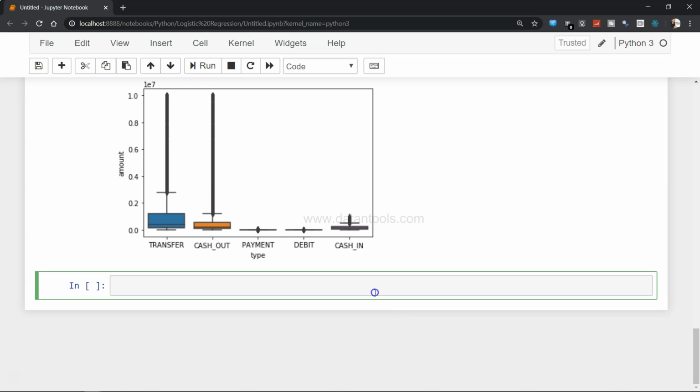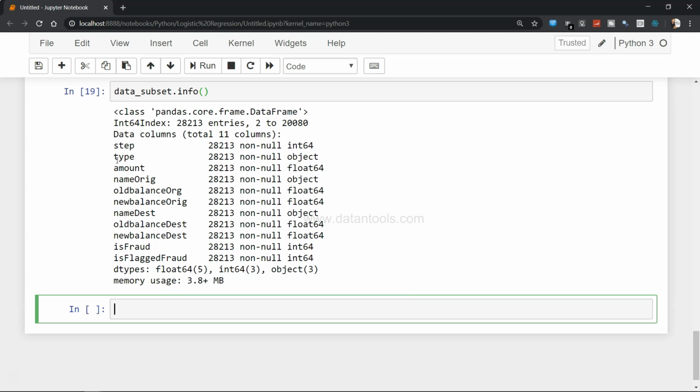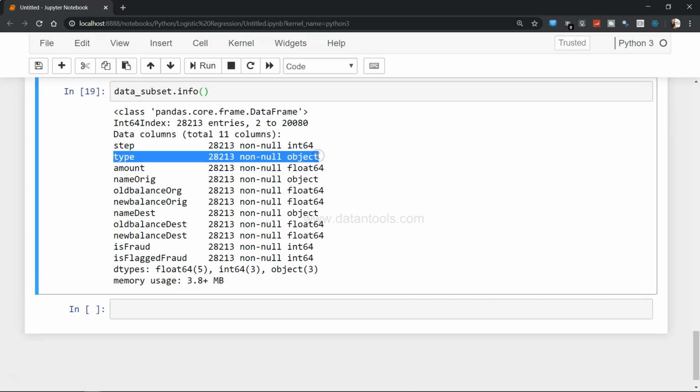Now one thing we need to do, if I show you first of all data_subset.info. We have this type column, as I used it in the data exploration, that this column is very important for the purpose of our statistical model building, because it reveals a lot of information.